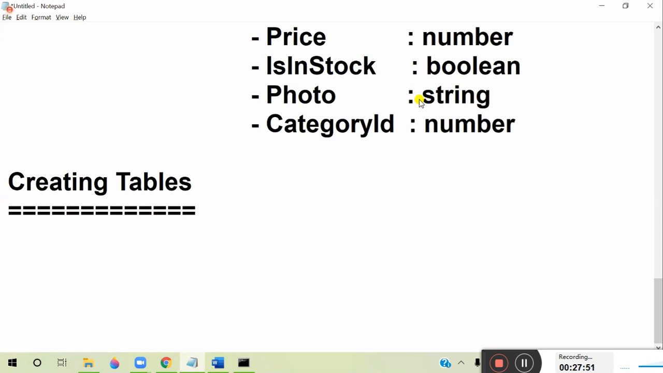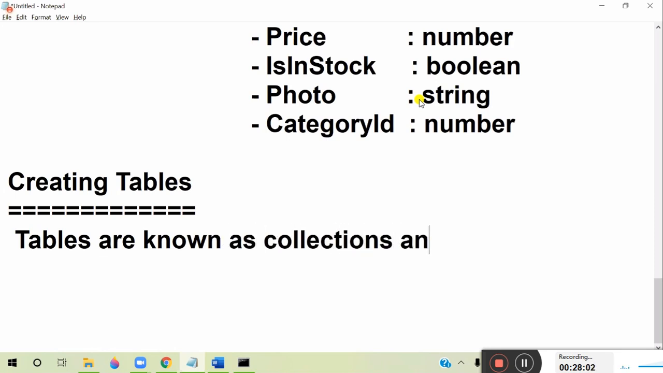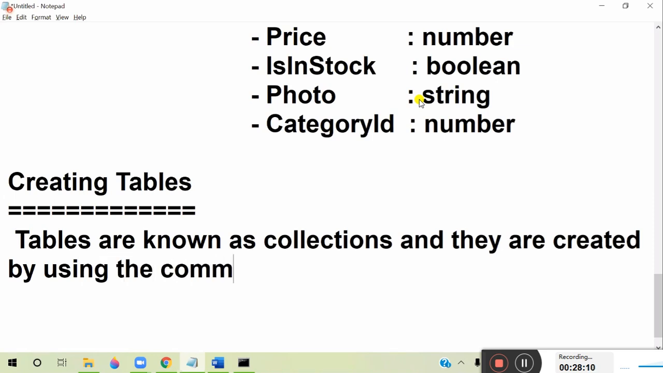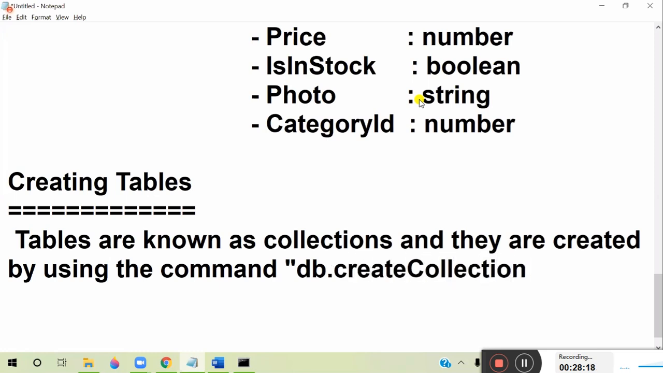First point, you should know that tables are known as collections, and they are created by using the command db.create_collection. By using the command db.create_collection. Actually, the command